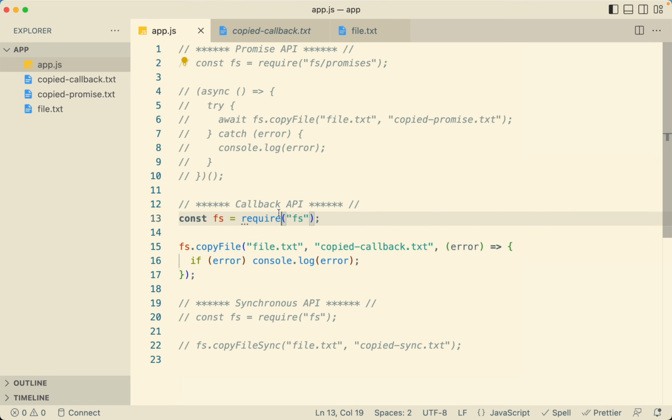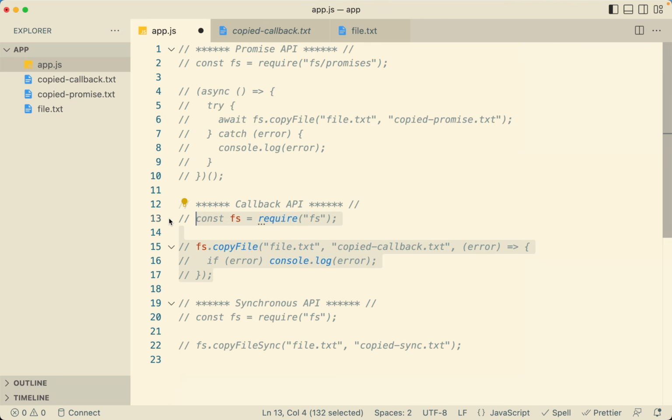It doesn't matter if I want to do it using the callback version or using the promise version. They accept the same arguments, the parameters are the same, and what they do is the same. Even the names of the functions are the same. Now let's go ahead and do it using the synchronous API. Now in this case,